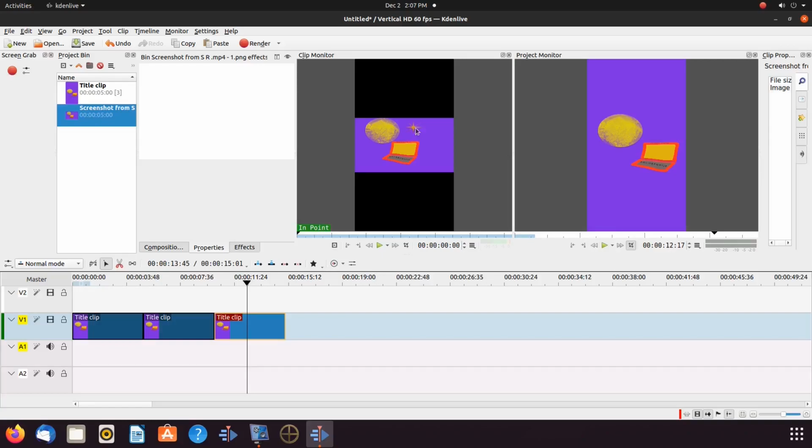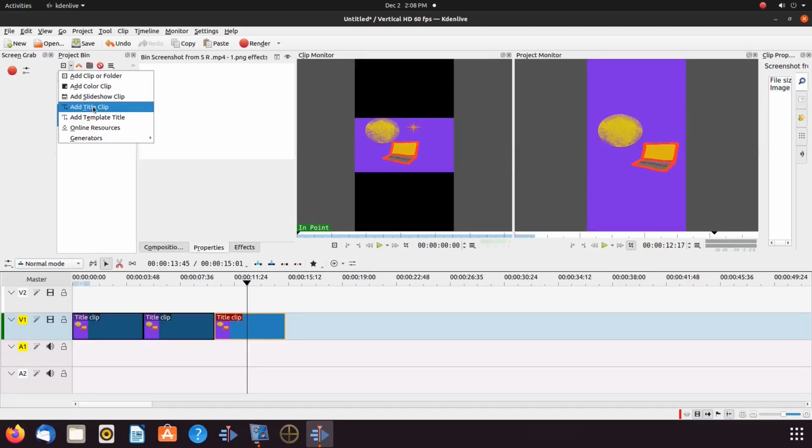If I rendered like this, I will have black on the top and black on the bottom. So we need to use a title clip. So at the Kdenlive project bin, click the drop-down menu of the Add Clip, scroll down to Add Title Clip,